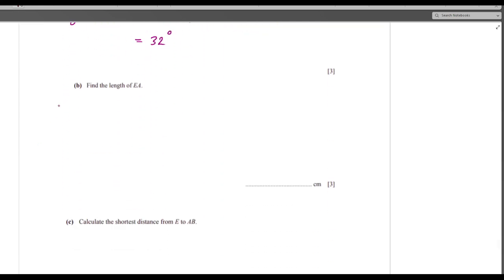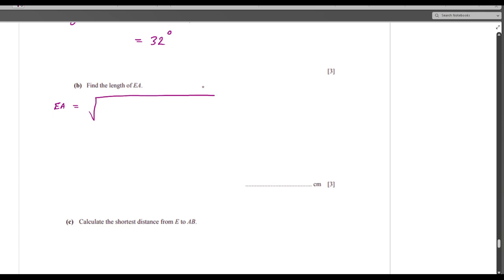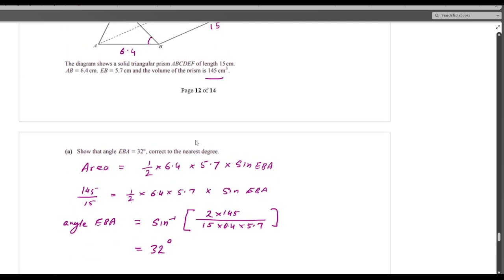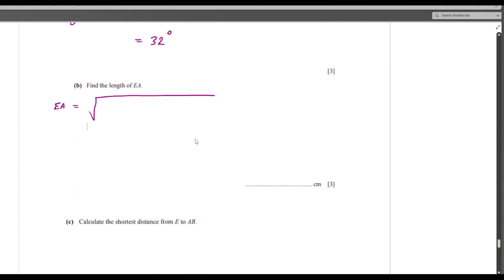So EA is equal to the square root of, because if I apply the cosine rule, A square is B square plus C square minus 2 BC cos A. So it is 6.4 square plus 5.7 square minus 2 times 6.4 times 5.7 times cos of 32 degrees. Okay, so your EA